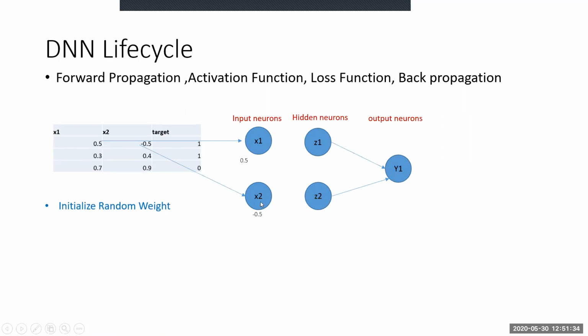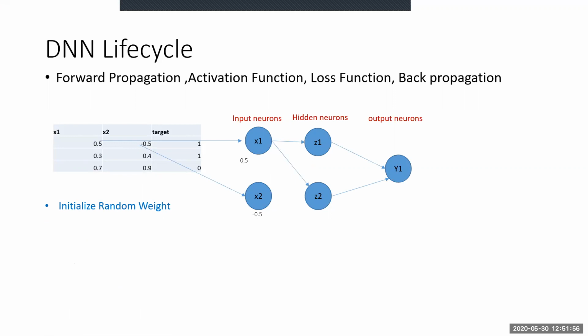Now my second and foremost step would be to initialize the weights. There is a separate class on how to initialize the weights, with different mechanisms. But as of now, for simplicity, we need to initialize random weights. We have random in numpy, so we can choose the random weights. Any weight can be chosen.